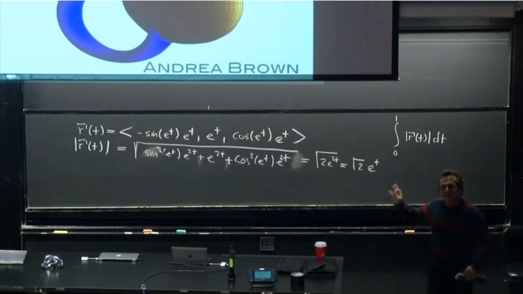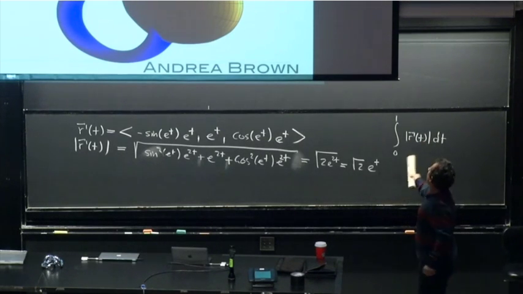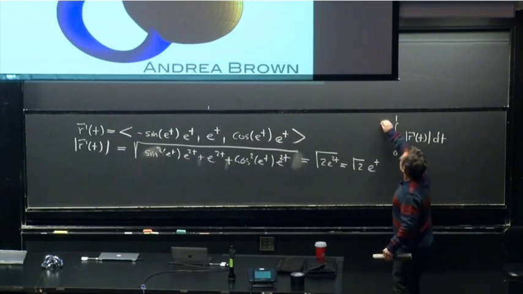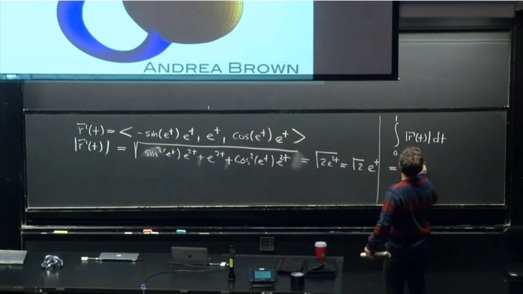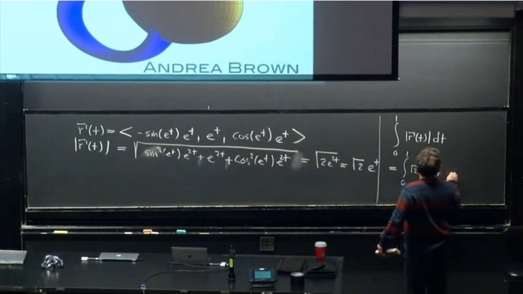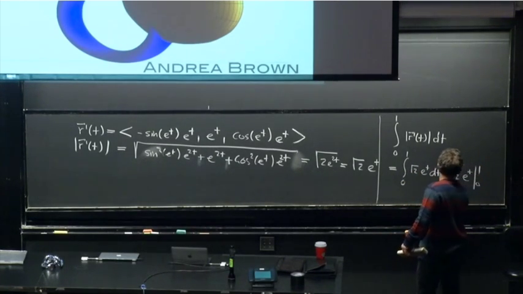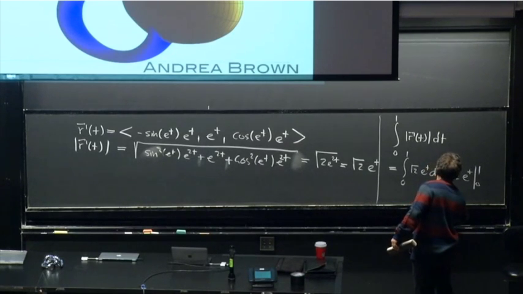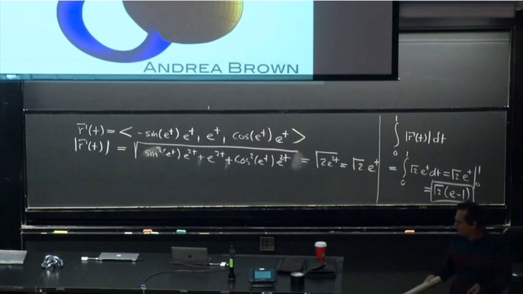By the way, just writing down such equations is very, very important. If you screw up, you get at least some partial credit. Even if the rest is completely wrong, you might get partial credit for that. And so we have that, from 0 to 1, square root of 2 e to the t dt. That's no problem to integrate, square root of 2 e to the t from 0 to 1. And so this is square root of 2 times (e minus 1). So that's the arc length computation.